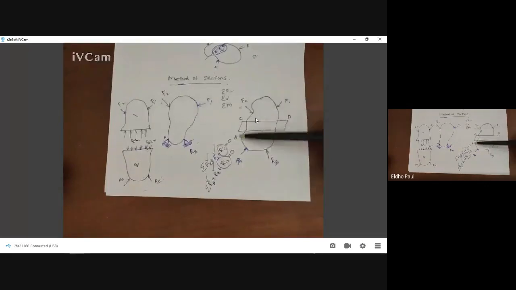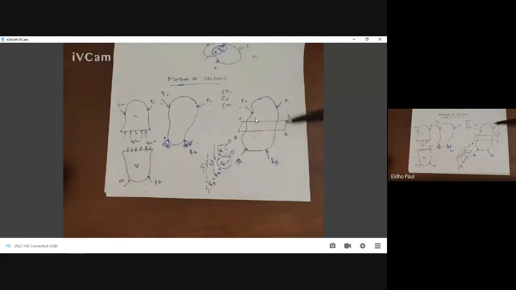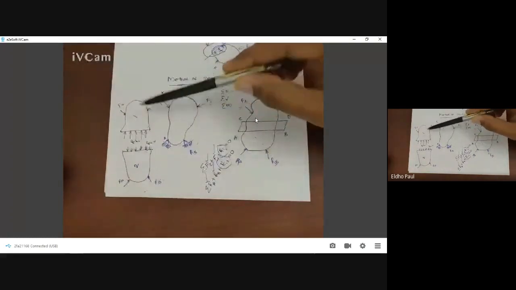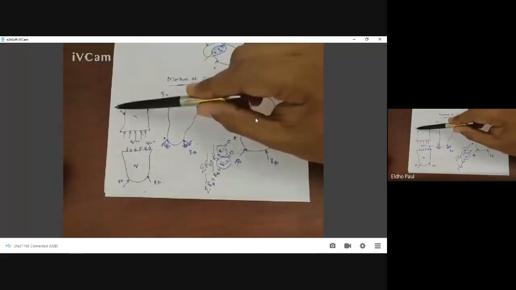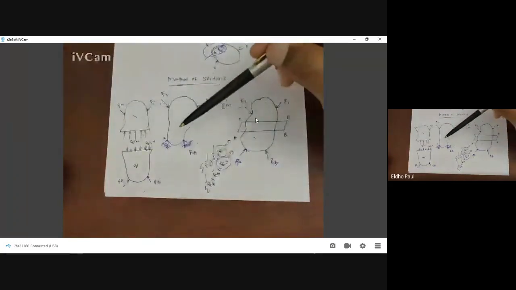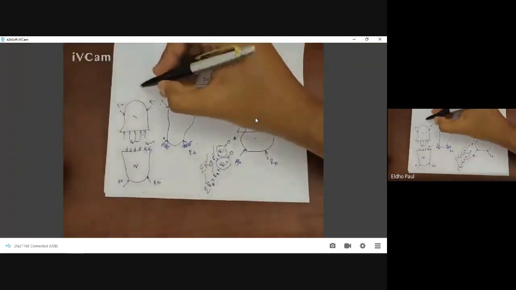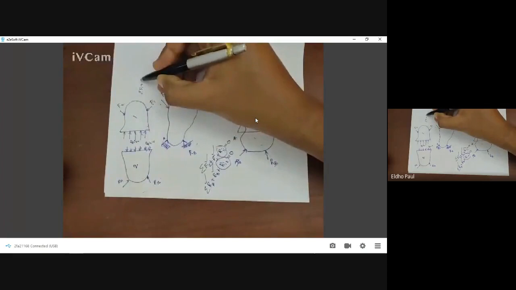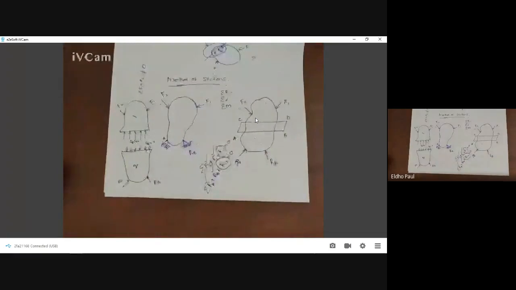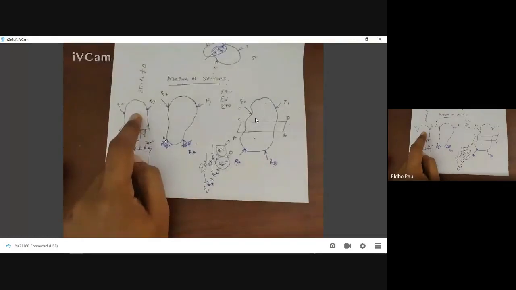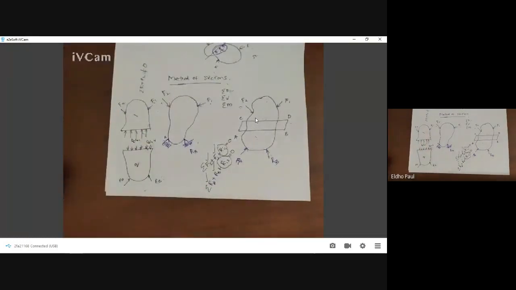If the whole body is in equilibrium, because this body is at rest, then any part of the body also should be in equilibrium. So these two parts also should be in equilibrium. But here we can see F1 and F2 are external forces. If we sum F1 plus F2, it will not be equal to 0, because both are external forces. Then we cannot say this is in equilibrium. Then how does this body maintain the equilibrium condition?